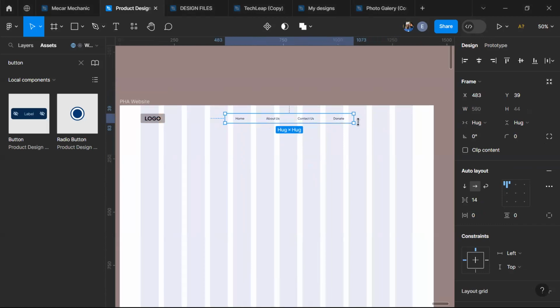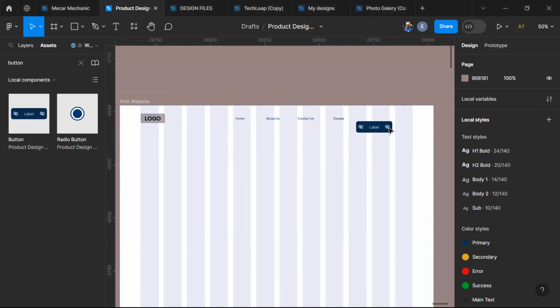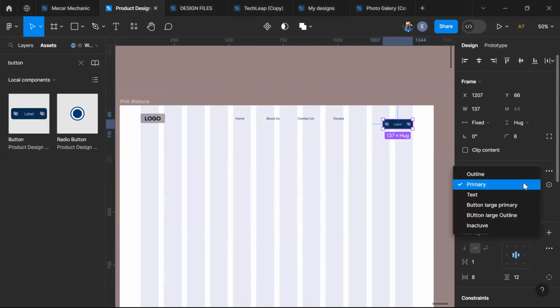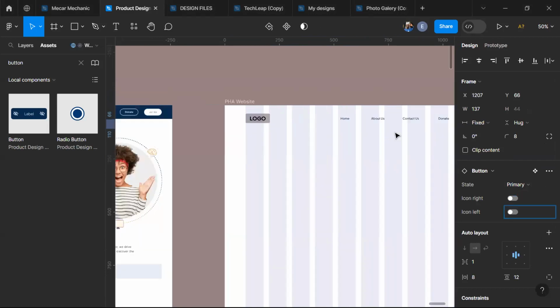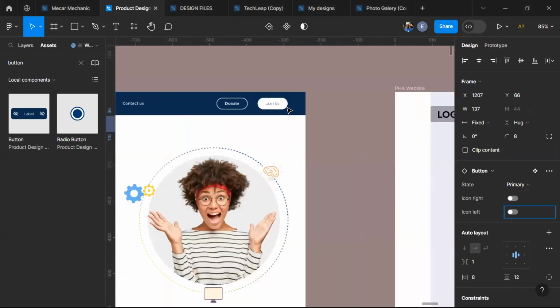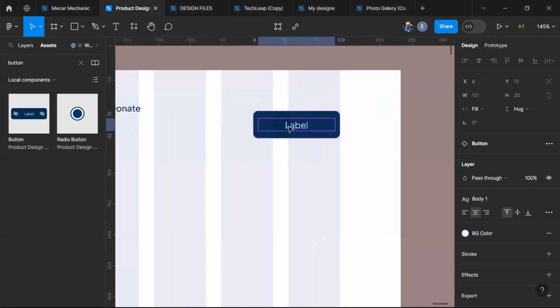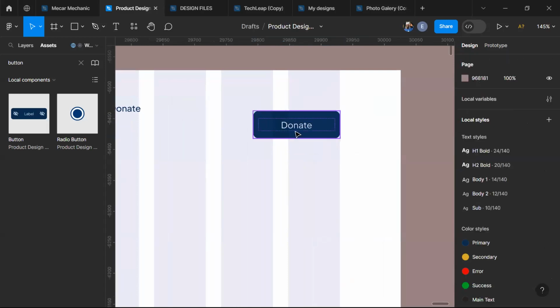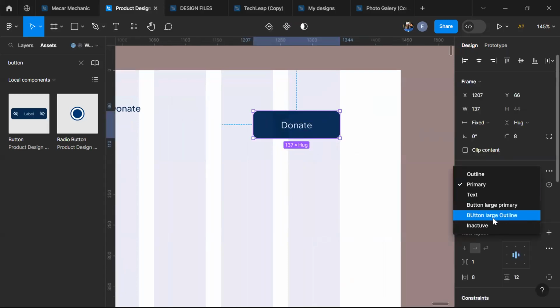They are aligned. Then we need another button. We need button. This one is primary, right? Then remove the left and right icon. What is there? We have donate and join us. So we are going to use this one will be donate, but it is an outline button. So we are going to change this to outline,